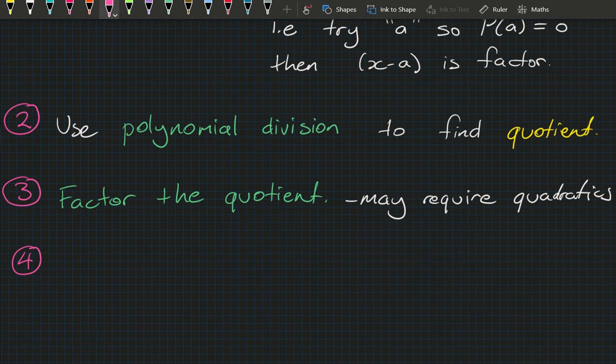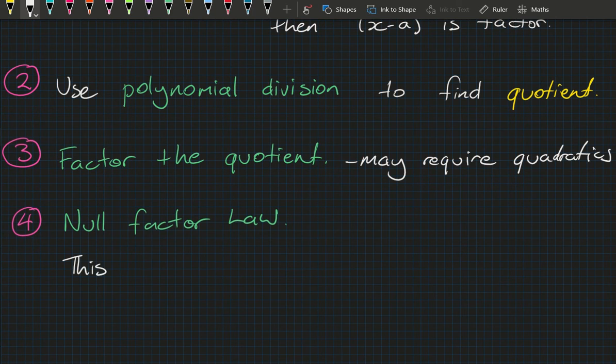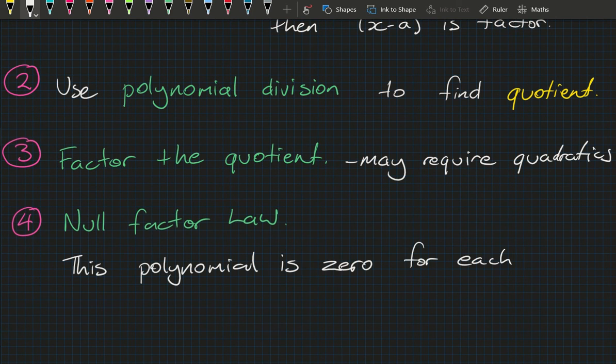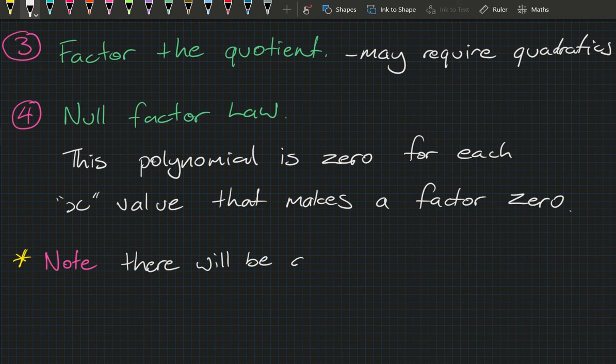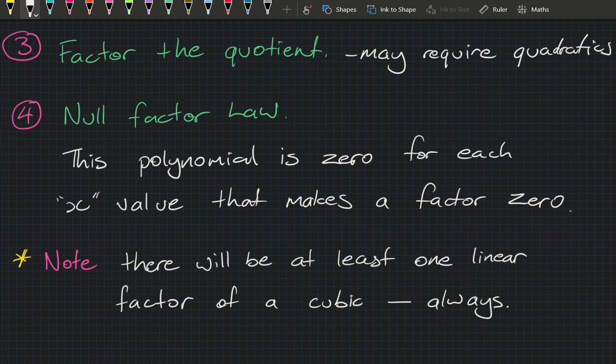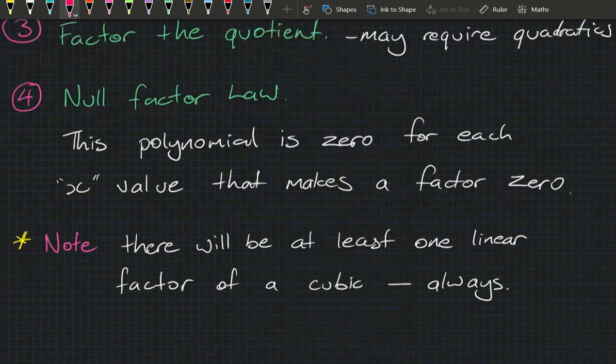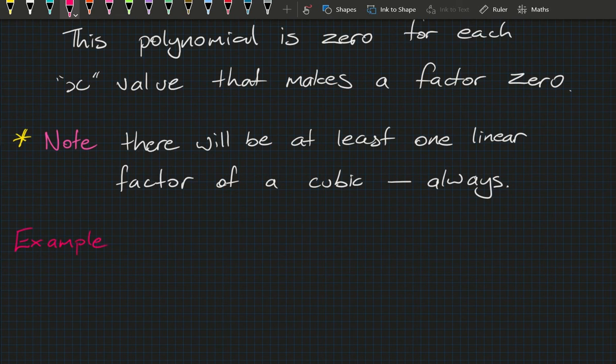And then step 4 is to use a null factor law, and therefore the polynomial is 0 for each x value that makes each factor 0. And of course, it's worth noting that there will always be at least one linear factor of a cubic. Alright, let's try this in example 17, where we're going to solve x cubed plus 2x squared minus 5x minus